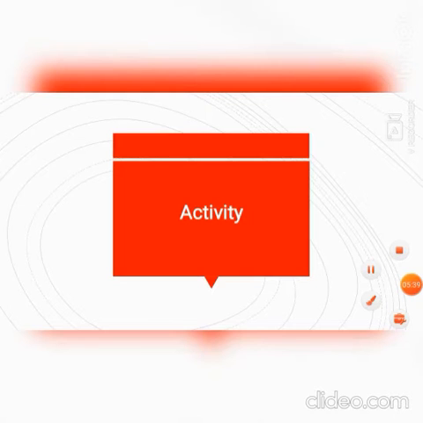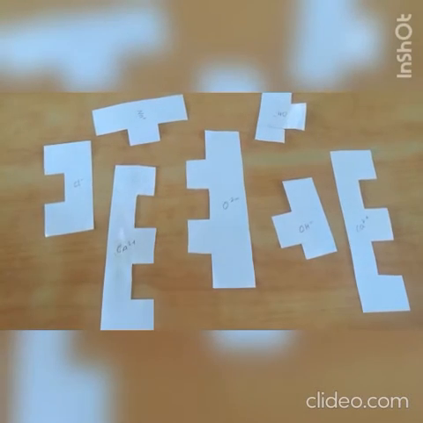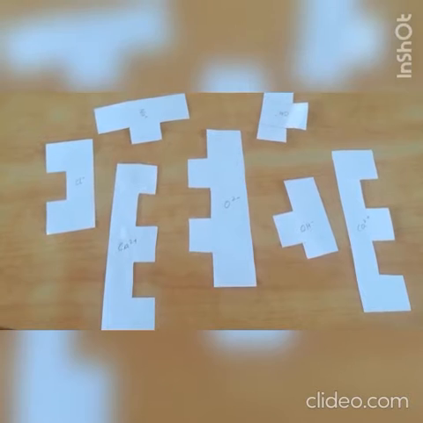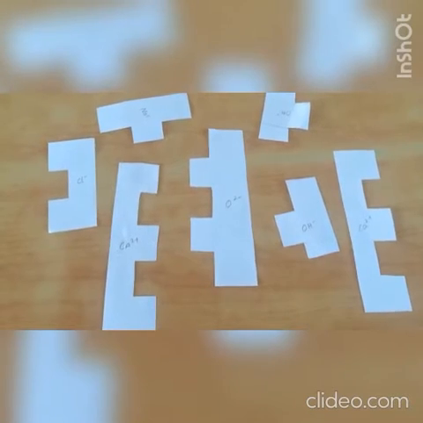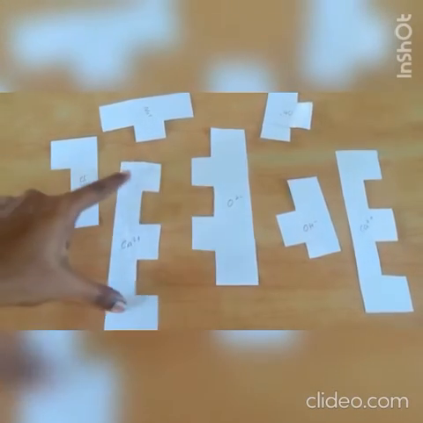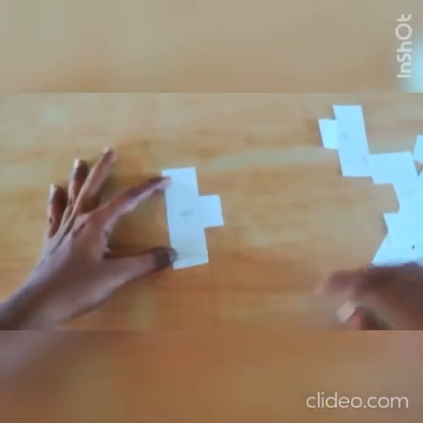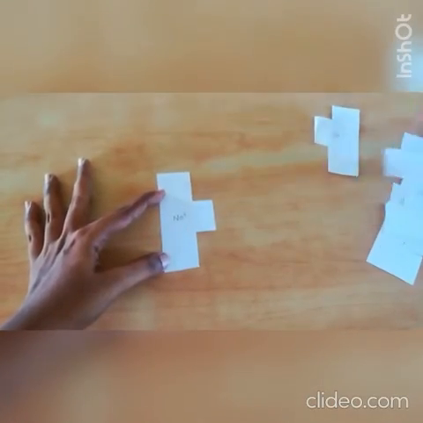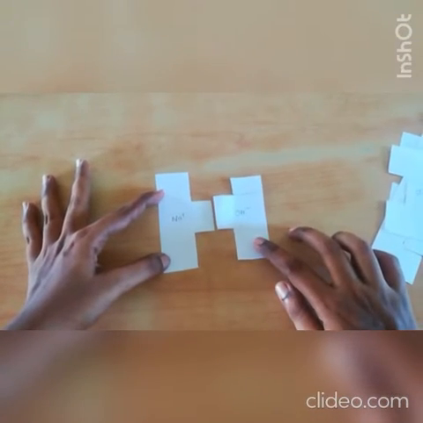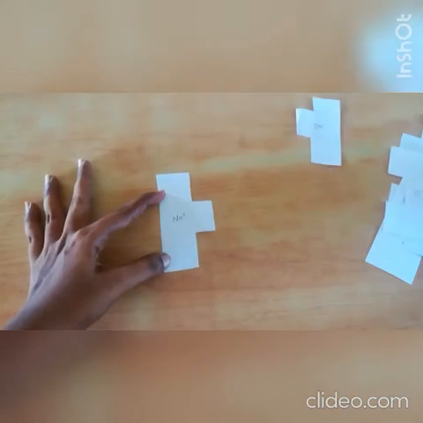Now let us see an activity based on valency and compounds. Let's watch the activity, students. So here you can see a lot of puzzles. You all love to play puzzles, right? So what we are going to do is connect all those puzzles according to their gaps. Okay, so first let me take this first puzzle, which is the smallest one, Na. So I am just going to connect this Na with its suitable part. I am going to see whether OH will suit. No, OH will not suit in it.